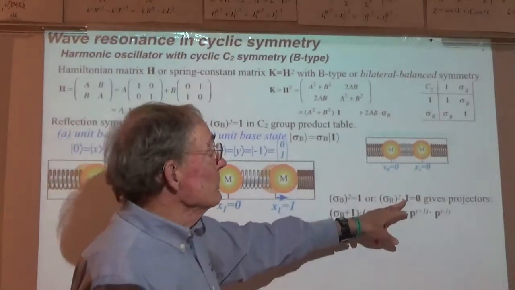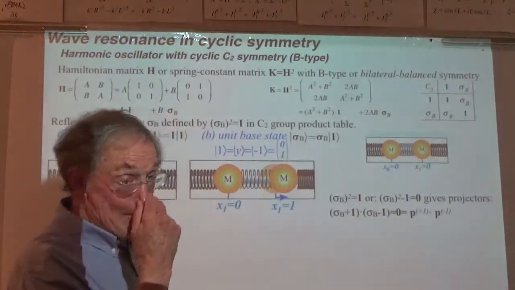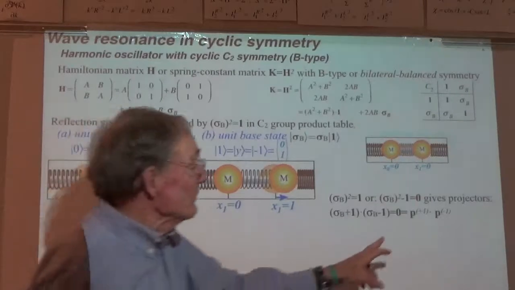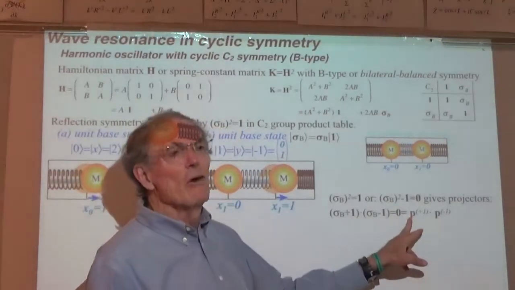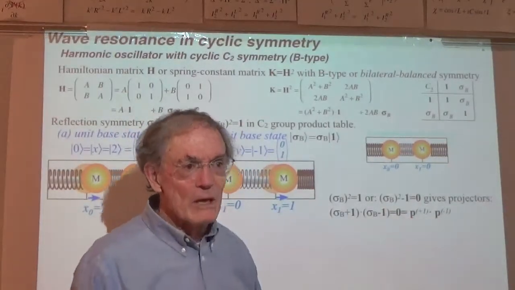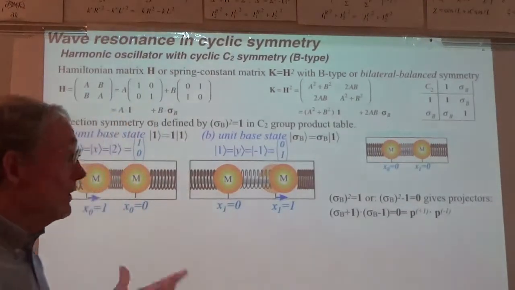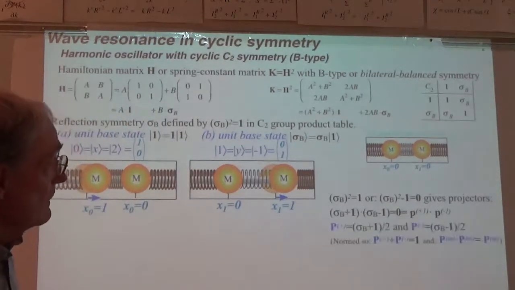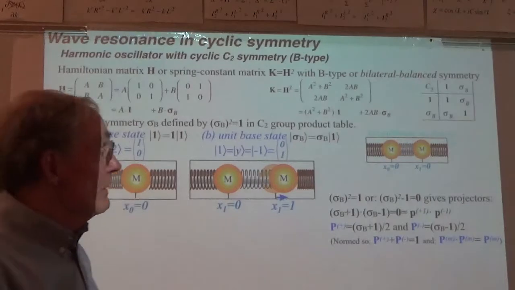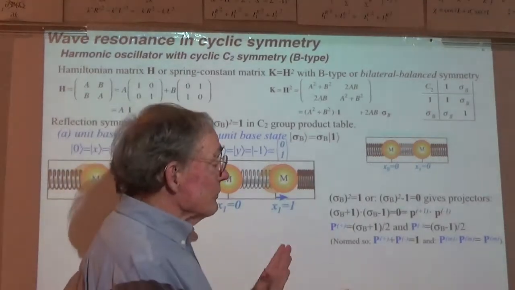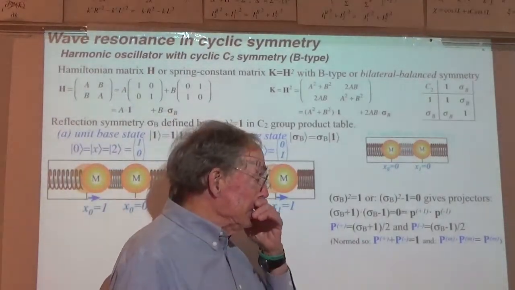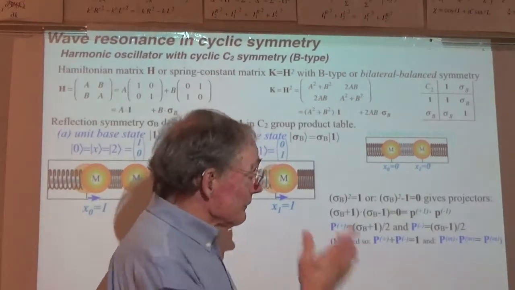Sigma squared minus 1 factor. Okay? So there's your two projection operators, except it's little p's. They've not been normalized yet. Remember, we have to normalize projectors. Well, that's also done automatically by the group. So there are a whole bunch of things here that use the theory of matrix diagonalization that I presented to you as a powerful projection method,